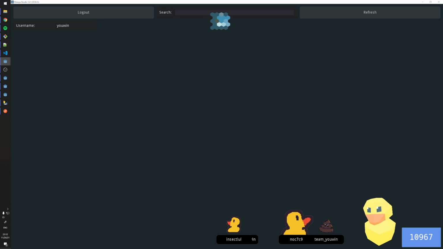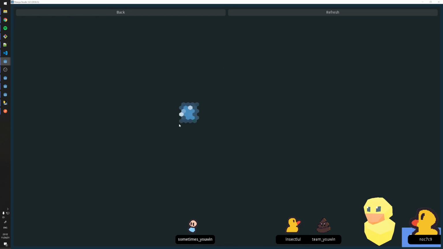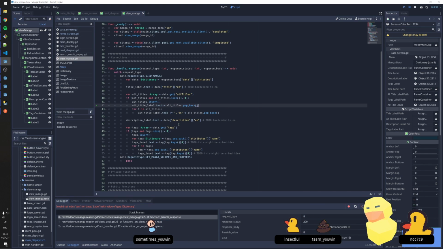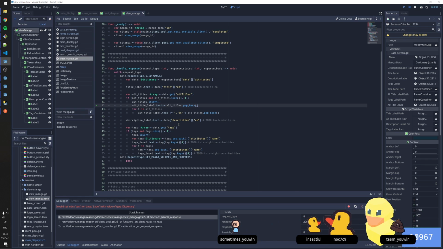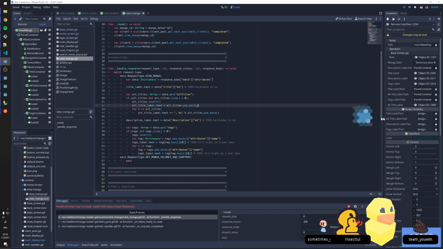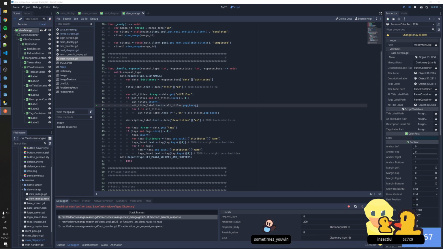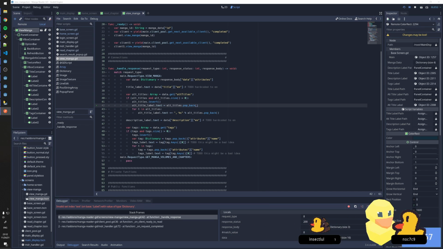Send it here. Start pre-typing. We can click on this. All right. Invalid set index text with value of type dictionary. Okay, so what happened here? So that was the alt titles pop back. Oh, because the alt title is okay,